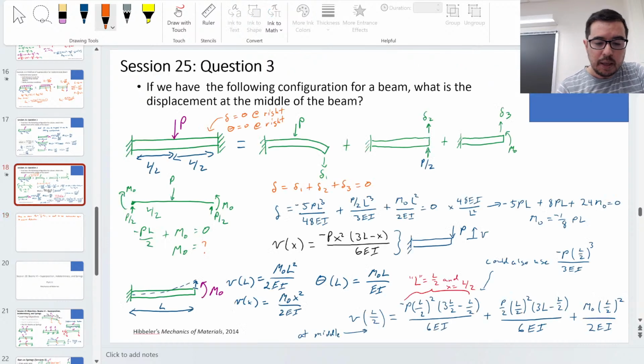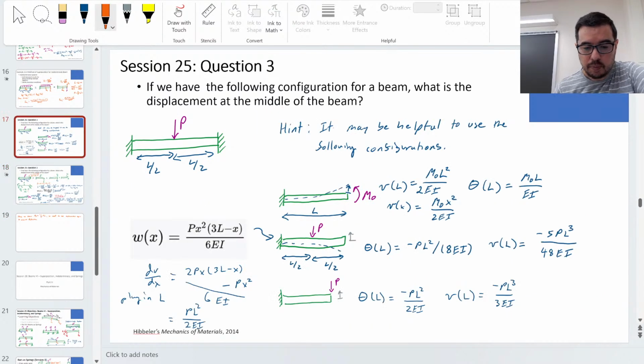And the expression that we're using, this expression right here, is not super clear, but it's for